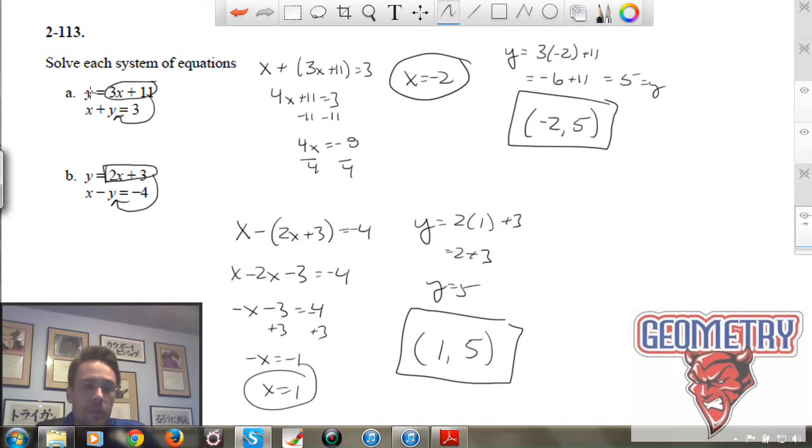Since I had one variable set up as y equals, I took whatever that was for y and plugged that in and substituted it into the second equation. That allowed me to have one equation, one unknown, which I could solve for. Once I found that value, in both of these cases it was x, I could simply plug that x back into either one of those equations. It doesn't matter, take your pick. I used the first one because it was already set up as y equals, that's what you're trying to find. So once you get your x and y,